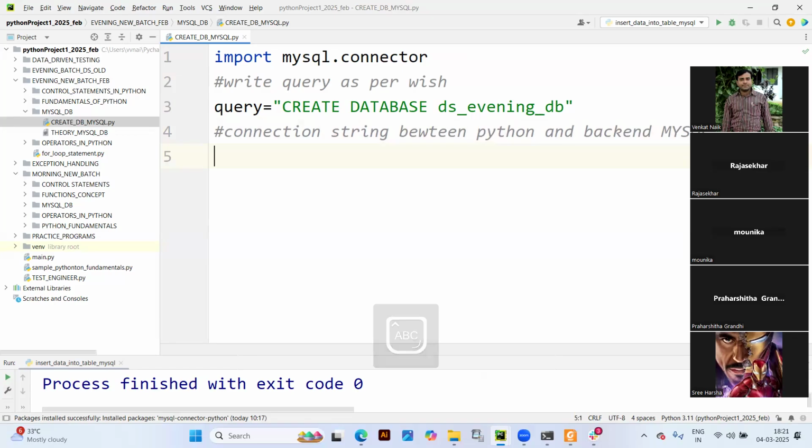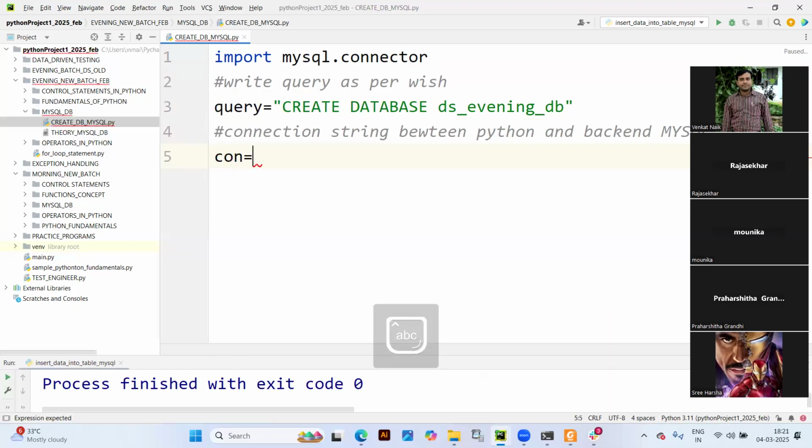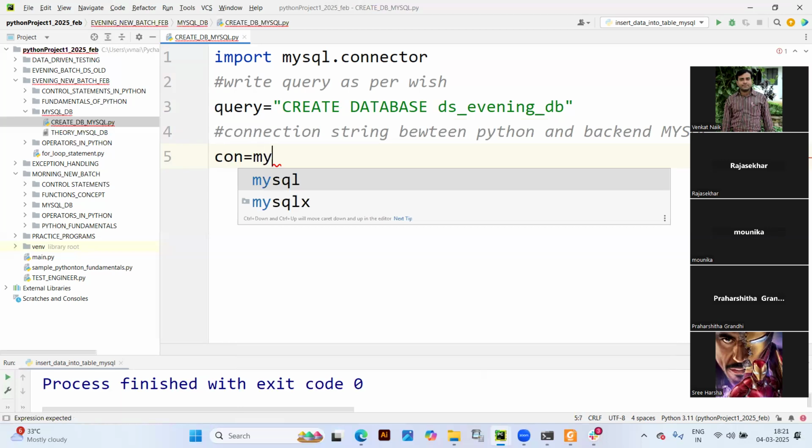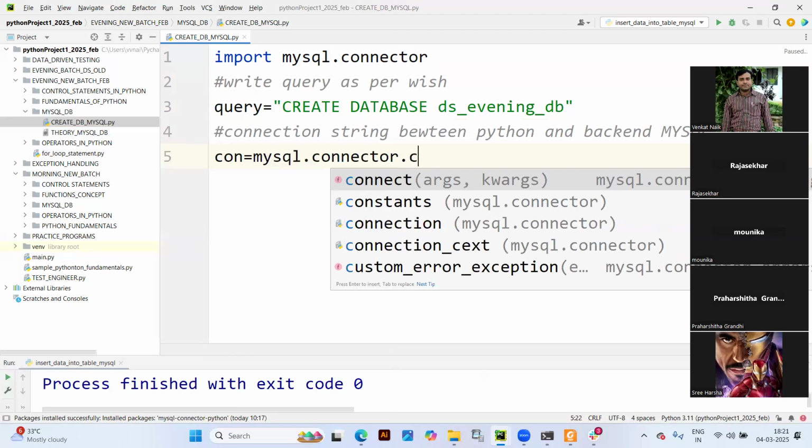If you want to communicate between the front end and back end, we have to create a connection. Connection is equal to mysql.connector.connect, the built-in function where you are supposed to pass